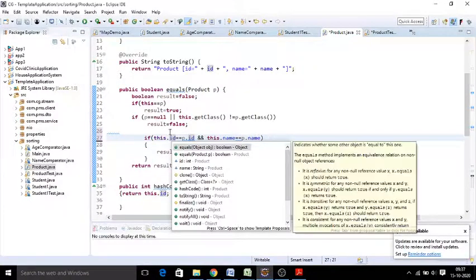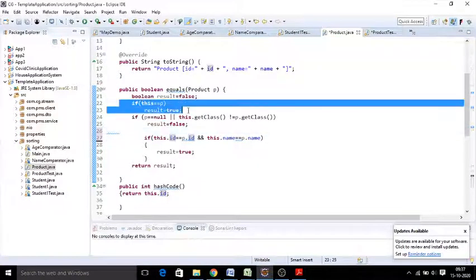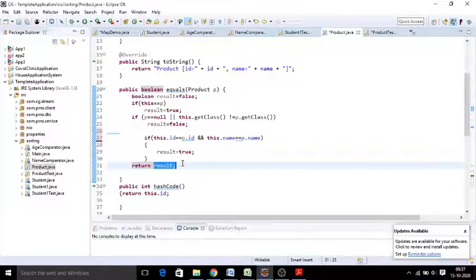Right? So first we are checking whether both are the same or not. Then you are checking the class name, whether it is null. When both the class names are not equal, you are saying that both the objects are not the same, so you are returning false. Likewise, you are setting your flag called result as true or false. Finally, you are going to say whether it is true or false. If all the given conditions are matching, then you are going to say that both the objects are the same.